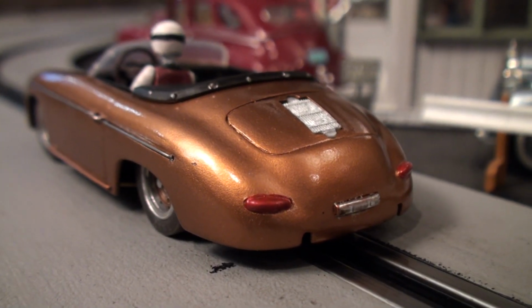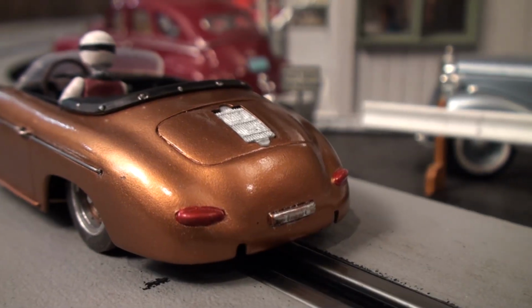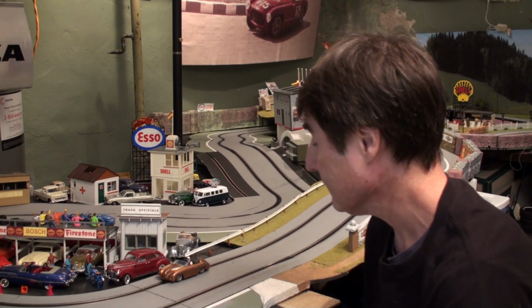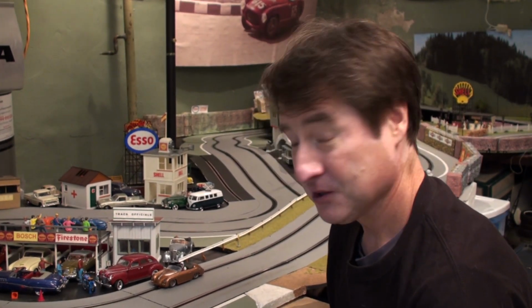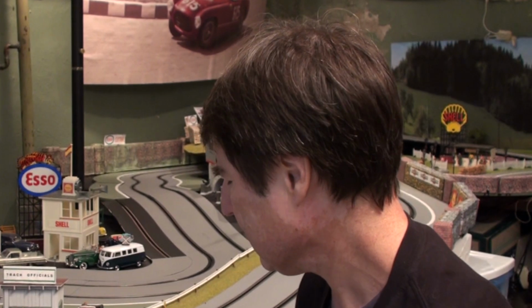I hope that comes through on camera, because it's really, really nice. And my goodness, what an execution of a build. It's just lovely. And his rims, he made the rims match the body. It's lovely stuff. I'm sure it's going to go really well around the track. So why don't we get trying here at Scale Car Garage on Kit's Spa, and see if we can get